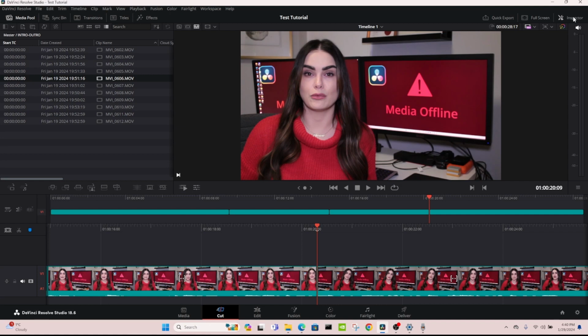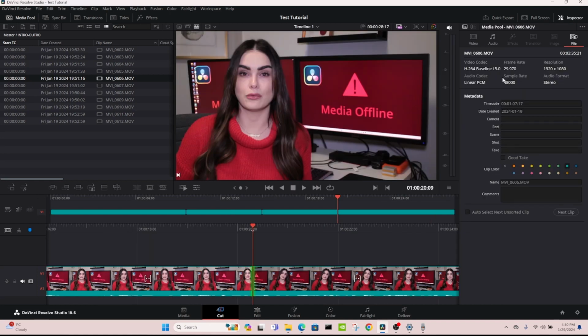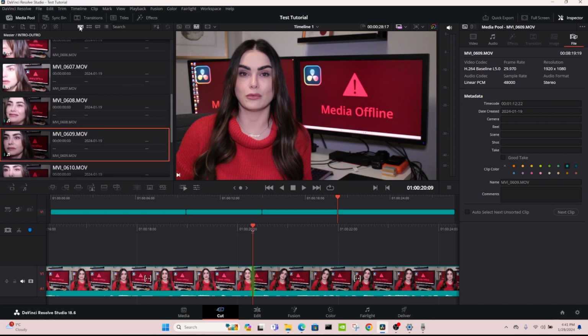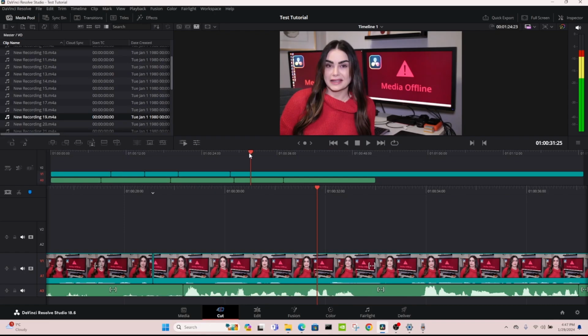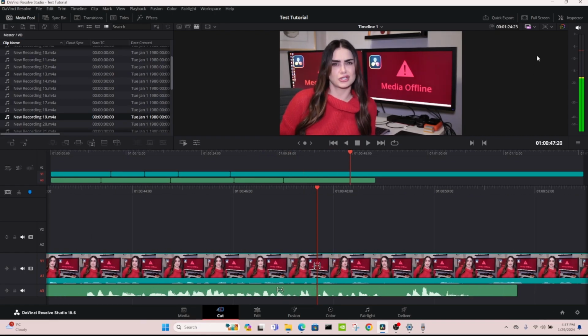Anyway, that's fun. You still have your inspector window. You can choose how you view your clips: icon view, list view, metadata, all of that. And it tells you how long your sequence is. This here tells you where you are on your sequence. And that's just scrubbing through really quickly. Make sure you have all of your content in your timeline to start with.